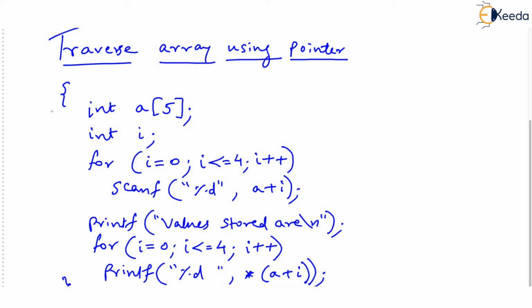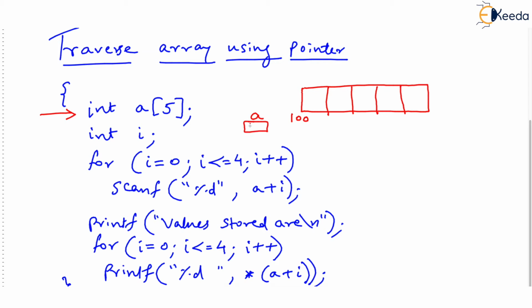Just as you see here, I have declared one array A of 5 locations, but I have not initialized it. In memory, we know that this array is continuously storing 5 elements. Maybe the begin address of the array is 100, then we know that A itself is the address of the array and A points to the array. Also remember, A is a constant pointer. So you cannot ask A to point somewhere else. It will always point to the start address of the array.